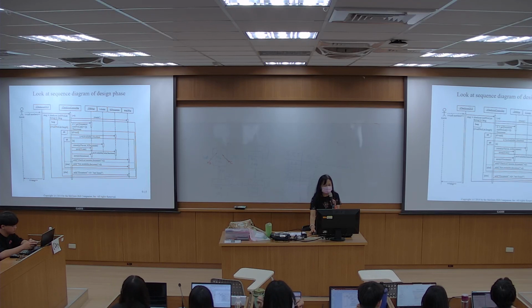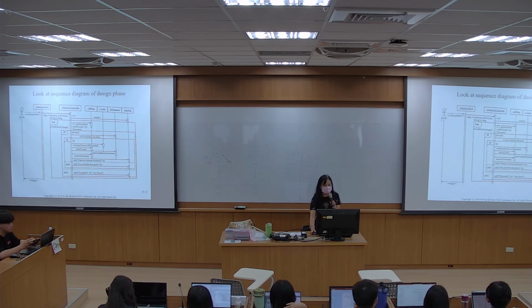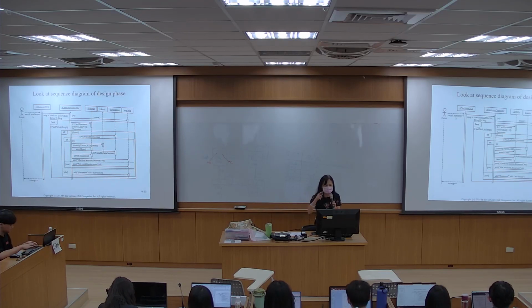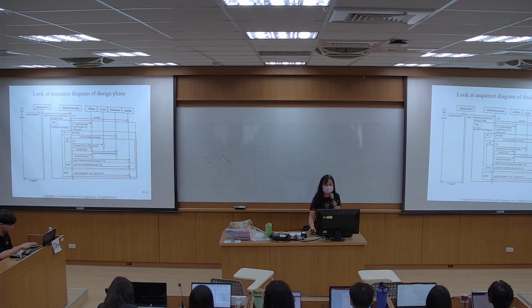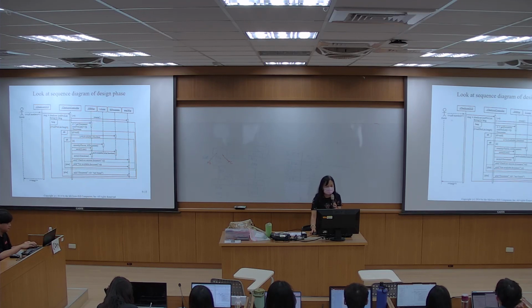This diagram uses a list of code numbers, right? So more than one code number. And the previous one is one code number, one book, right? And this is code numbers, right? So more than one book. Then here it becomes code number list, right? Code number list. Return message from here.